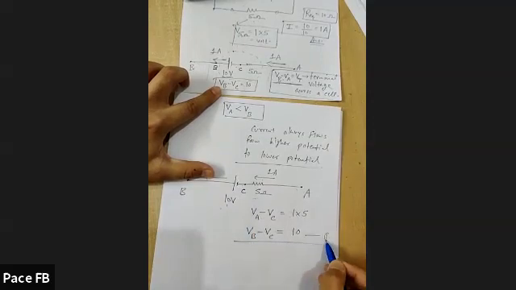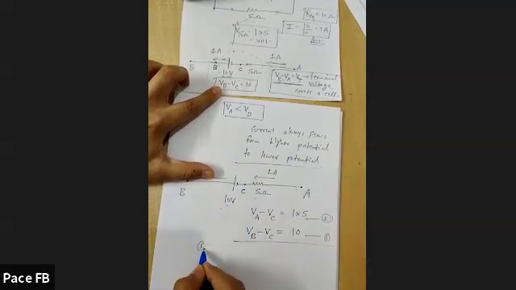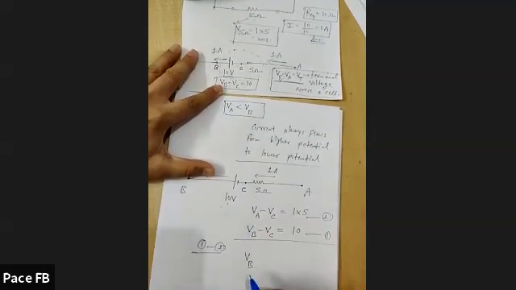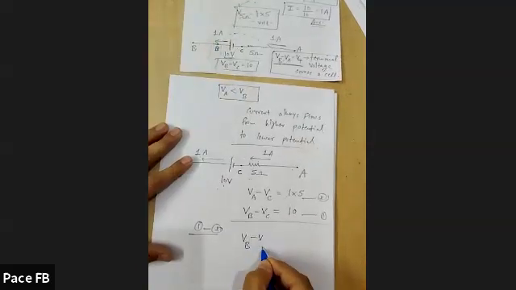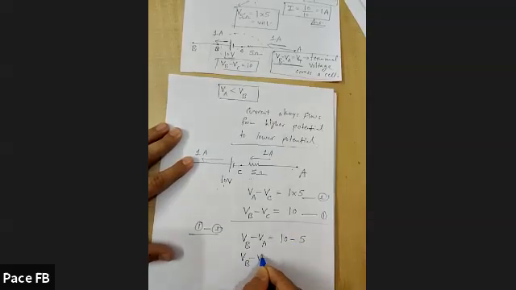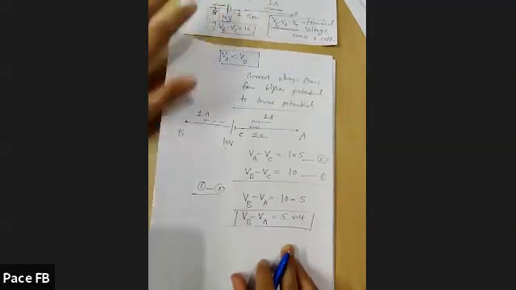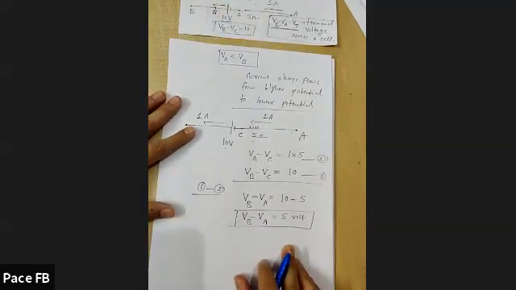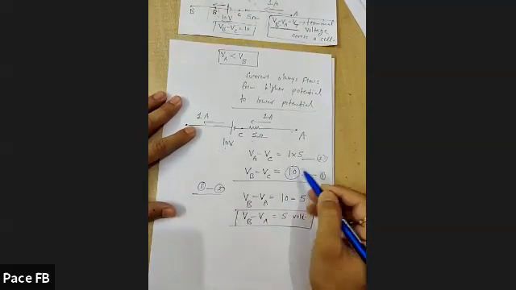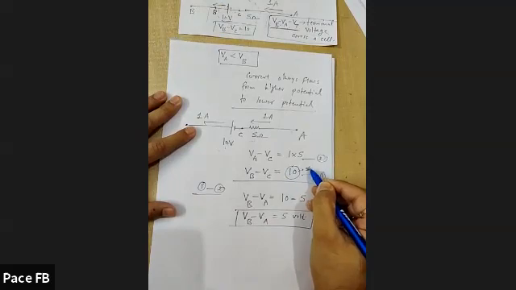Okay, so let's say this is equation 1 and this is equation 2. So simply equation 1 minus equation 2, VC will cancel out, and on the left hand side you will get VB minus VA is equal to 10 minus 5. So VB minus VA is equal to how much? 5 volt. This would be the terminal voltage. Correct? And tell me, can I say this was the EMF of the cell.